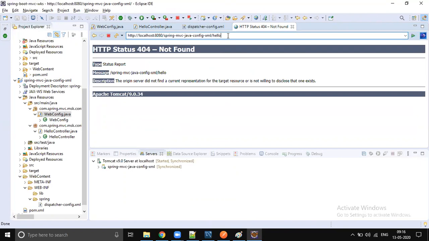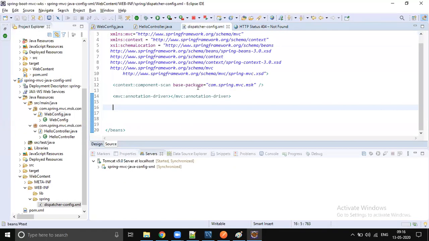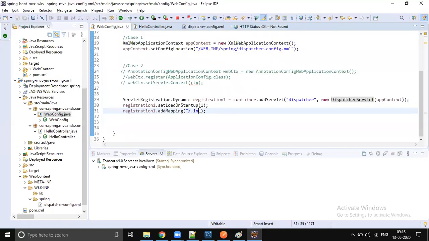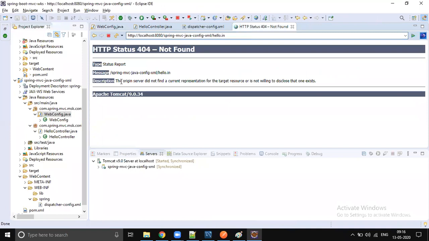That's why the request. Config, /.in. Okay, fine. Spring MVC Java config XML. Okay. Hello.in.